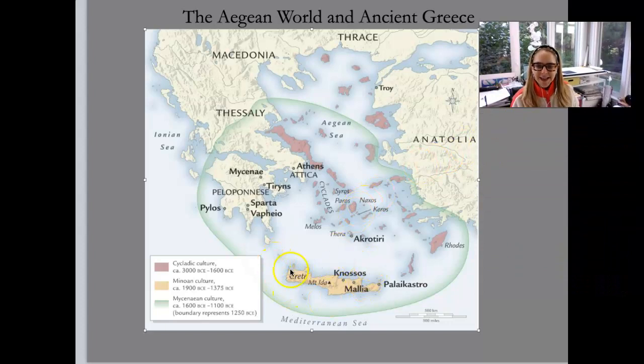If you live on an island with water around you, you're not going to need the same kind of protective wall and defensive, thick, fortress kind of structure as you would if you live on the mainland at Mycenae or at Tiryns. If you are a seafaring culture and you live on all these small islands, the subject of your art is probably going to be marine life and boating and fish. So where you live, the geography of where you are and where you end up is going to affect very significantly what your art looks like. So we're going to start with the Cycladic culture.